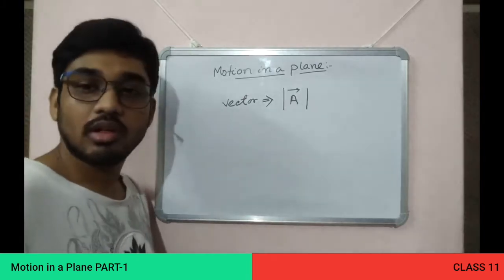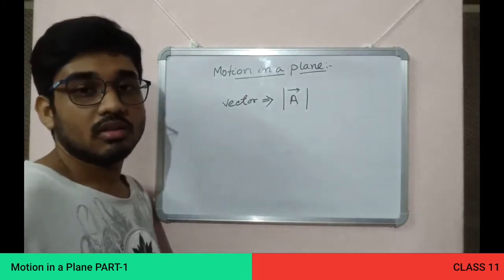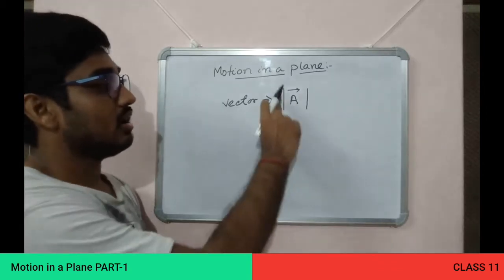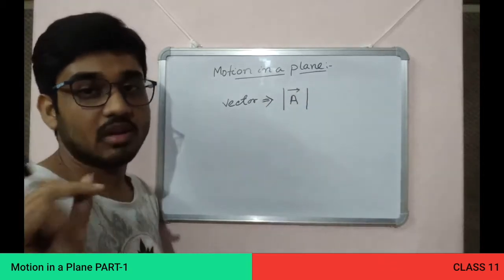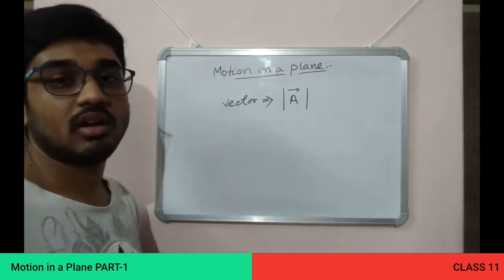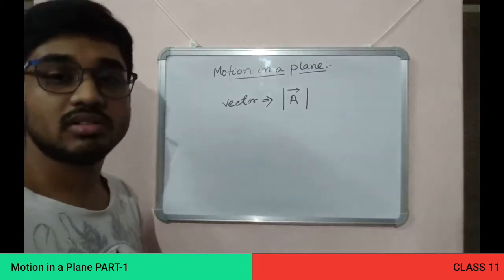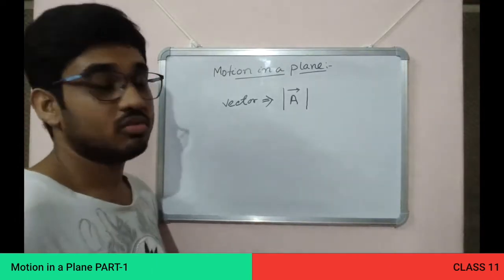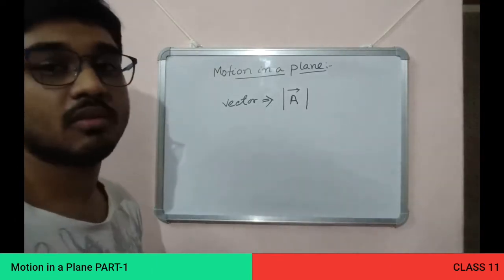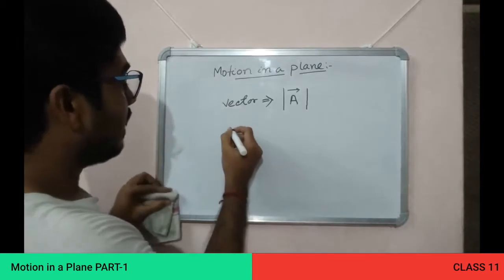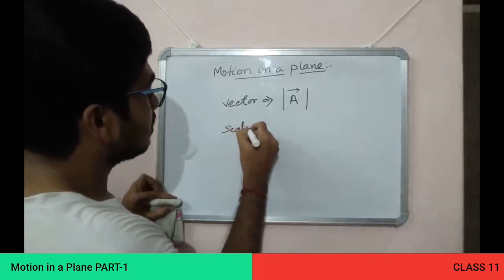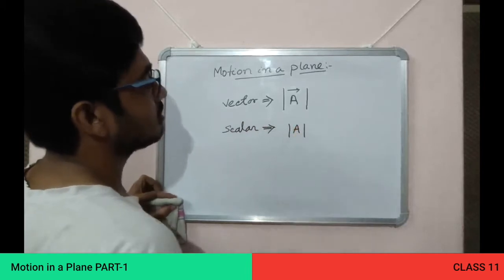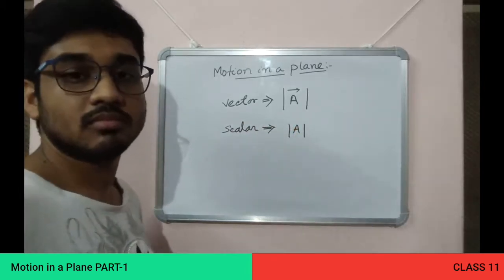In your book, you will observe some letters are written in bold, rather than having an arrow mark overhead. Those bold and italic bold letters are denoted as vectors, but you cannot write bold in pen and paper, so you have to denote it like this. And in case of a scalar, it's only the magnitude.